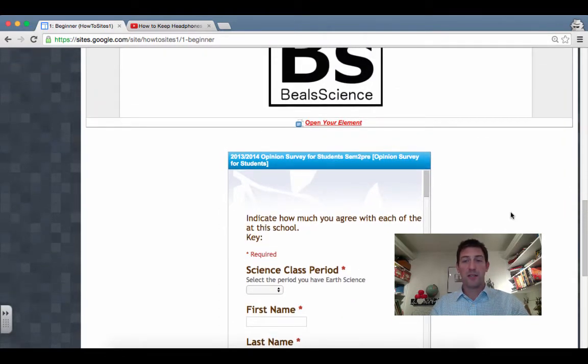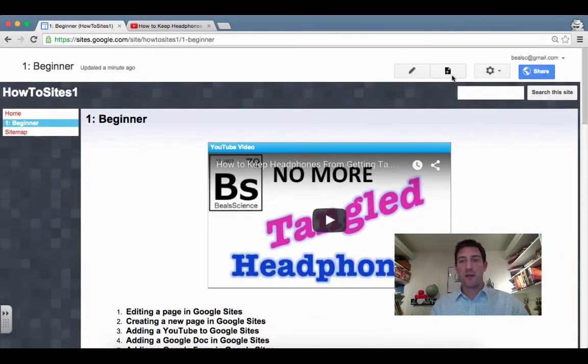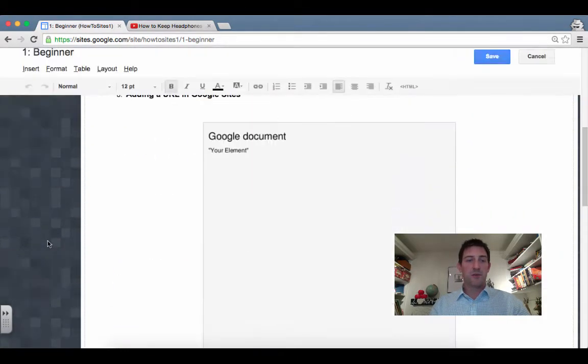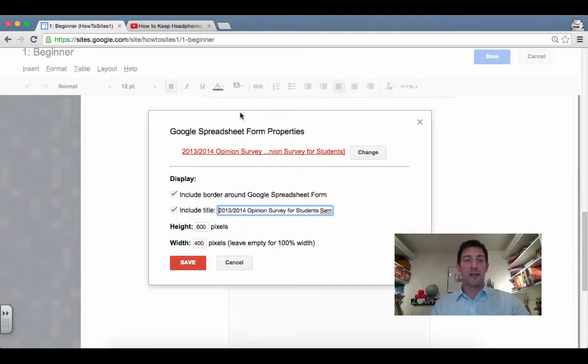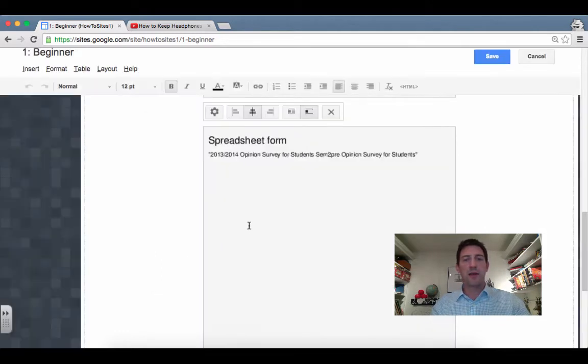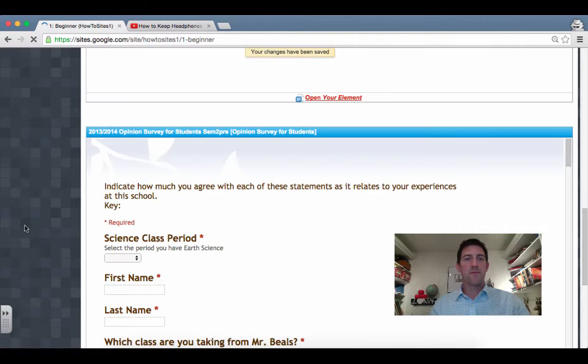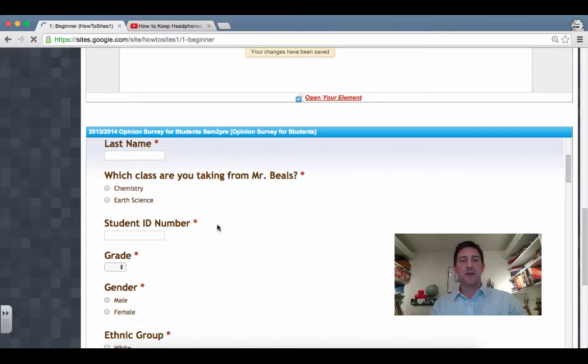So this is a good lesson. Let's go back up to the top and click on the Edit Page button. Scroll back down here to the bottom and find that spreadsheet form. I click on it and it brings up the options to edit this. Now look, it says the height is 600 pixels, but the width, that's where I'm having problems. If I delete that and leave it blank, it's going to resize. Click Save and see what it does. There we go. Now I can see the entire form